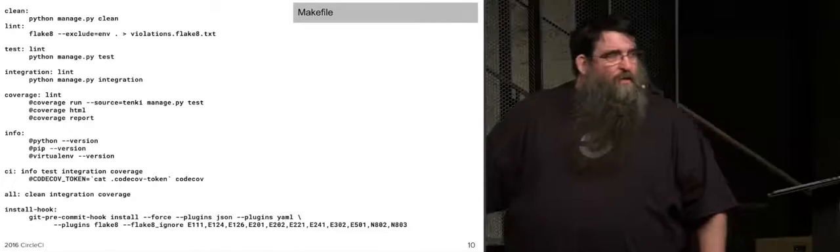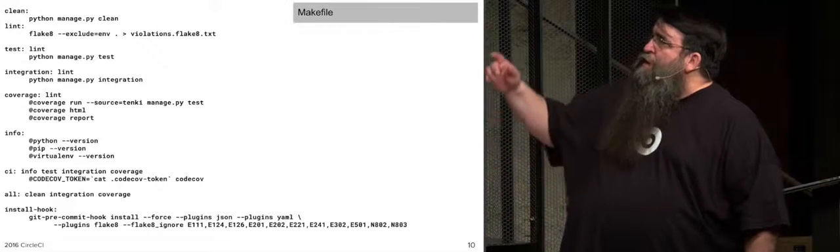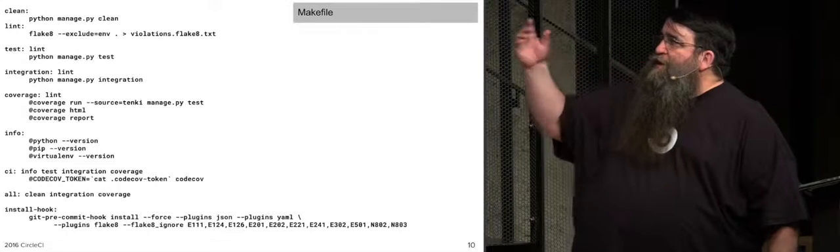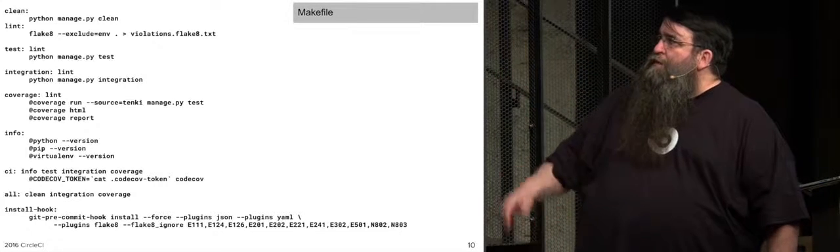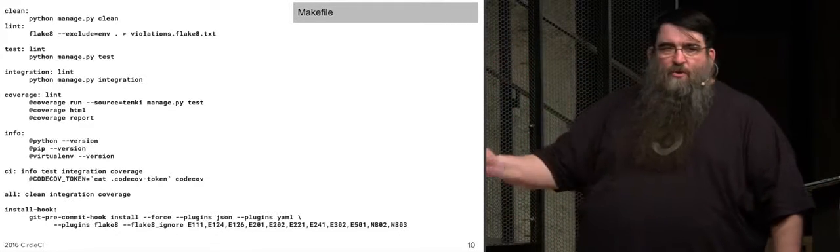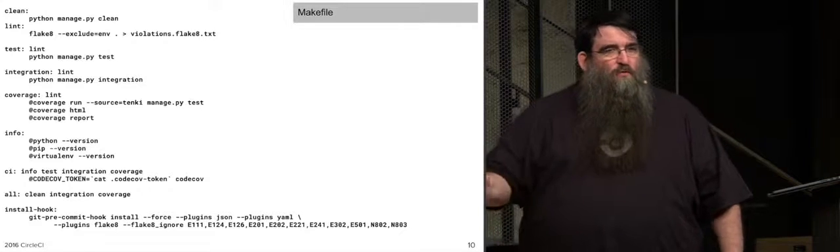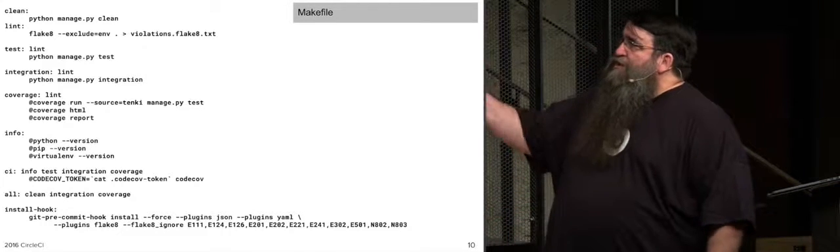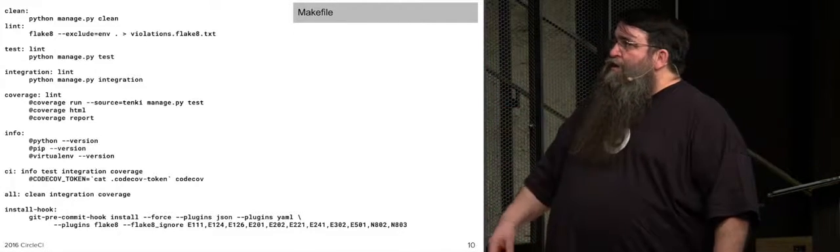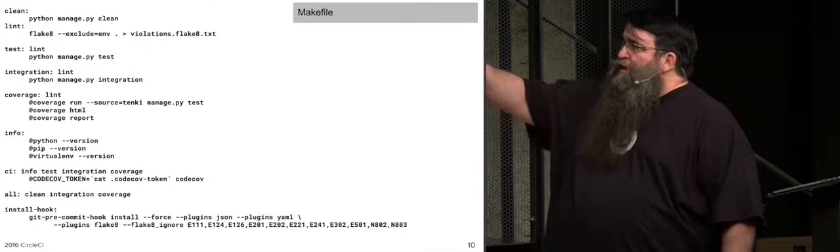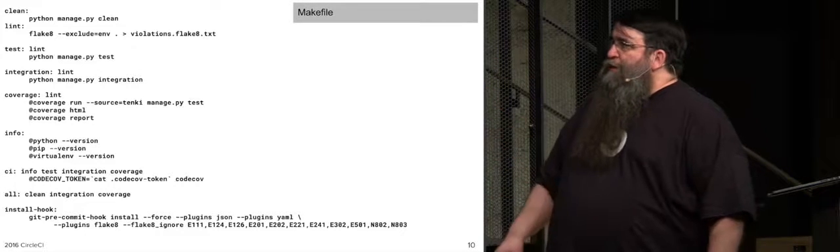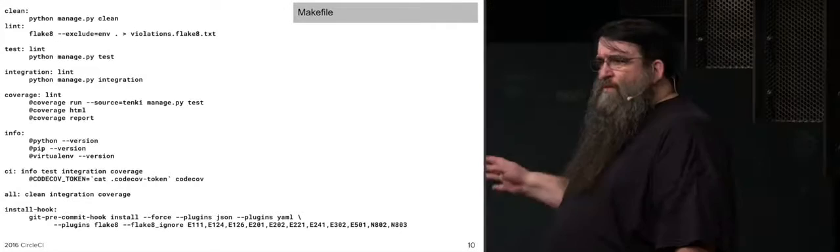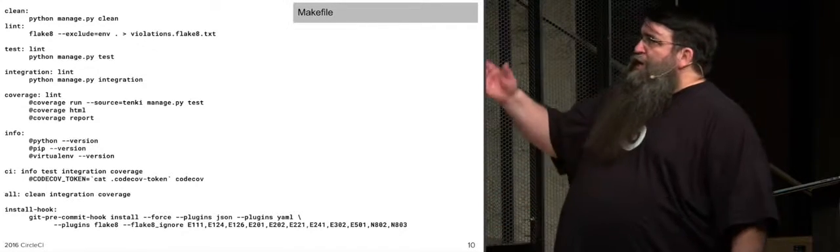Some highlights of the makefile. You'll see at the top I have how to clean your environment, Python manage.py clean. That goes in and removes any artifacts that are left over from testing. Lint, test, integration test, coverage testing. The one I really want to point out is the info target. Everybody familiar with what makefiles are and what they do? Okay, good, all right. The info target